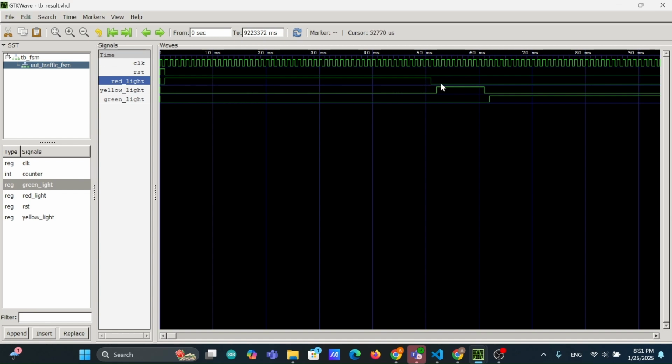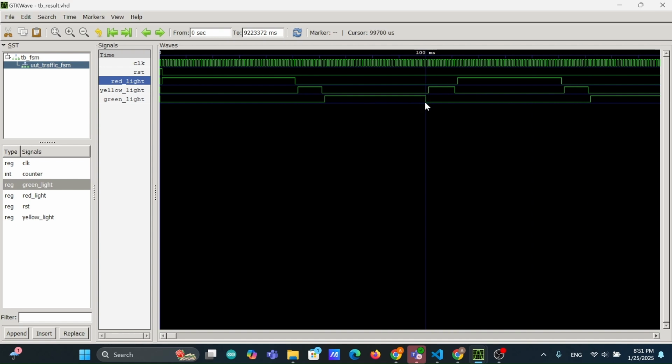the red light has transitioned from on to off, and then we have the yellow light being on for about another 10 seconds. And then after that, it turns off, and the green light is turned on until when the counter reaches 99, which is at the 100 millisecond mark, and then it turns off. We can then see the yellow light turn on for another 10 seconds, and then the red light turn on for another 40 seconds, and so